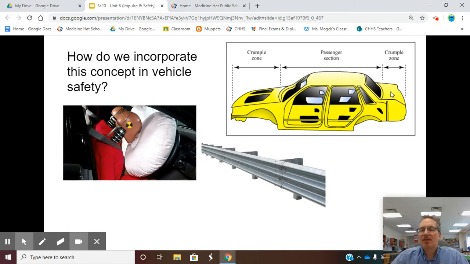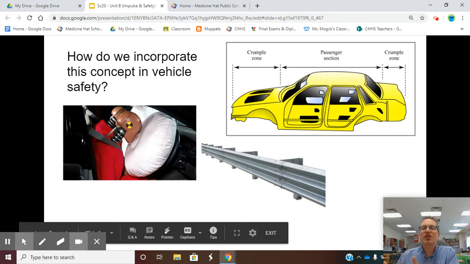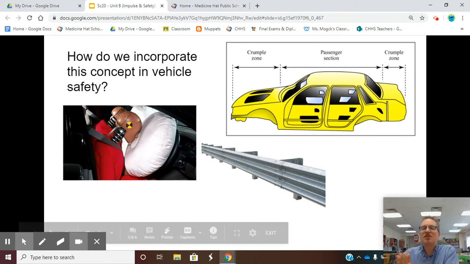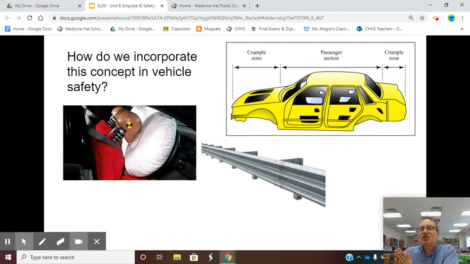Again, the back of your car crumples, the front of your car crumples, and really that crumpling is set up to slow down your vehicle in order to increase the amount of time so that momentum will decrease. Same concept with guardrails, right? If you get over on the guardrail and you're making that much friction along the side, it's to slow you down. It's to actually make your vehicle increase the time interval in order to decrease the momentum or the impulse